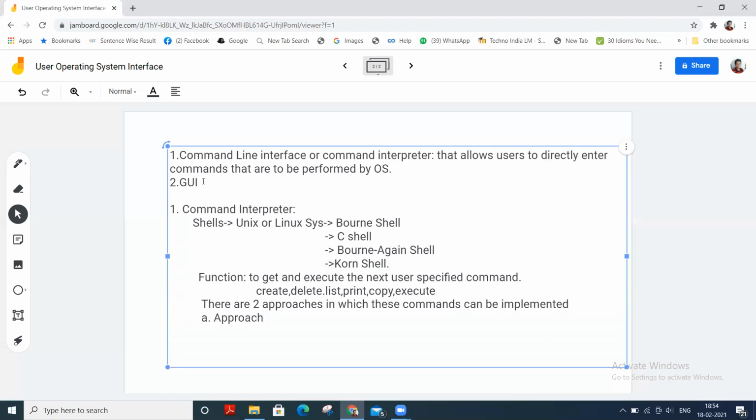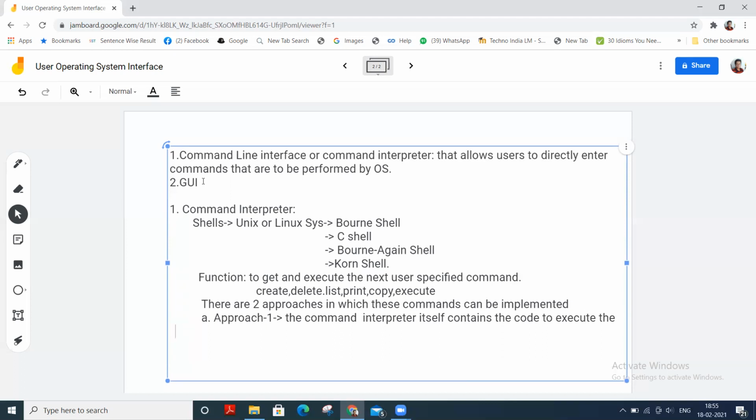Approach 1: the command interpreter itself contains the code to execute the command. I gave the example earlier.